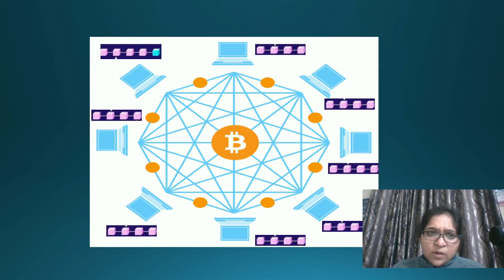I hope you are able to understand the consensus mechanism. In my upcoming videos, I will take proof of work, proof of stake, proof of capacity and so on in individual videos so that you can understand how proof of work works and how the other mechanisms work with real-time scenarios, right?